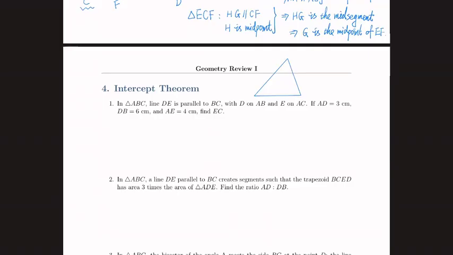Let's draw it here. A, B, C, E, F. So EF is parallel to BC. This implies,